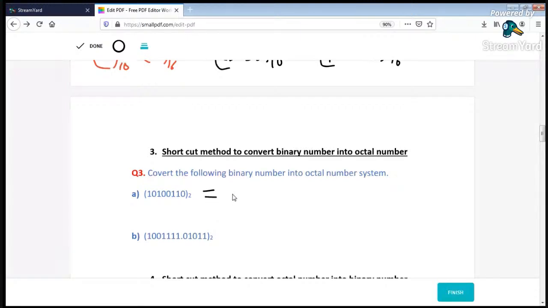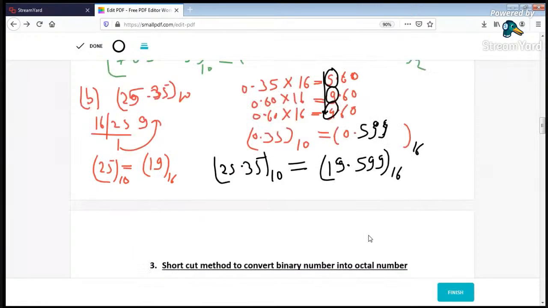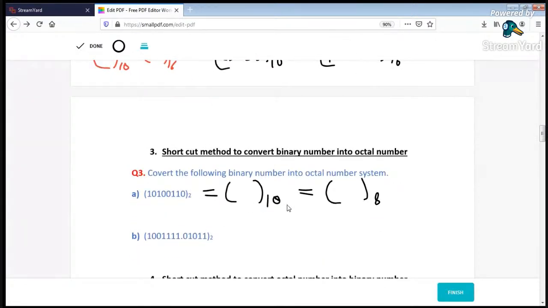First, you convert this binary value into decimal, then decimal to octal. So I discussed above binary to any base to decimal and decimal to any base. So above rules will apply if we follow the conventional method. So during the binary to octal conversion we need two steps. First convert this one to decimal, then octal. So I will show you the shortcut method how we can solve this problem in a few seconds.